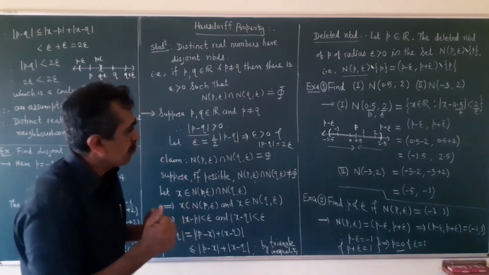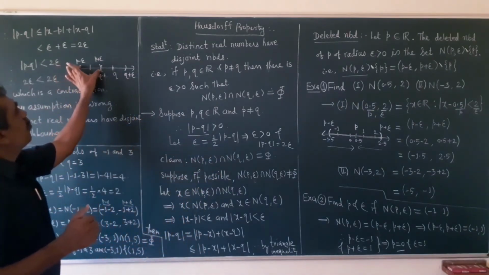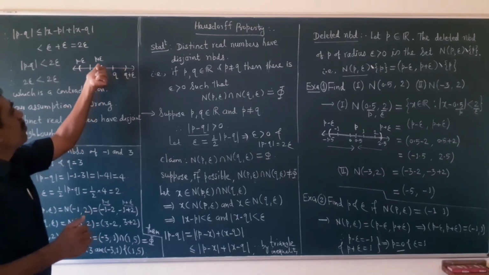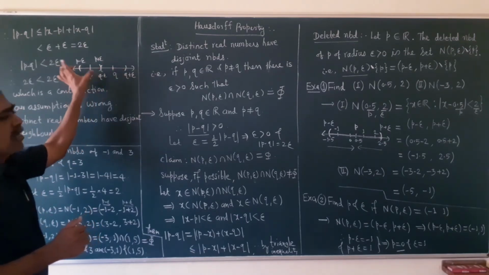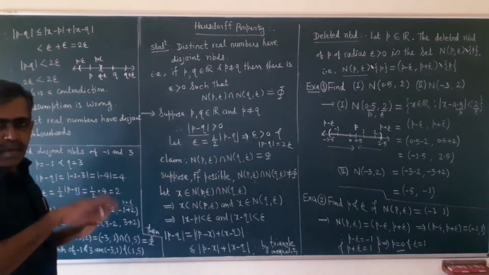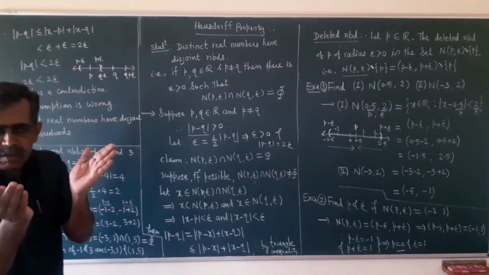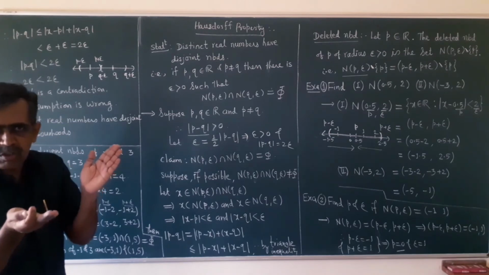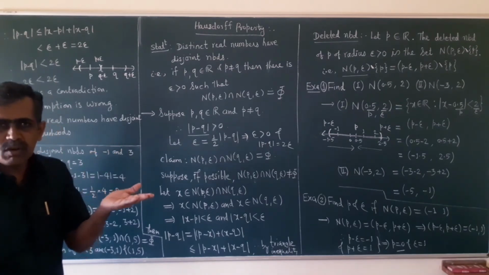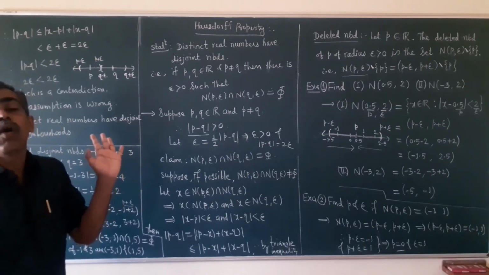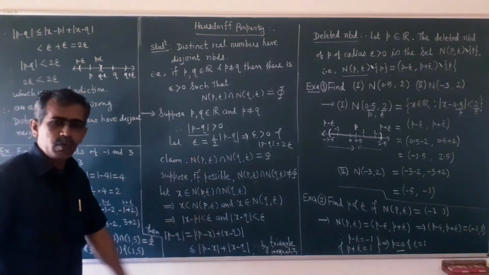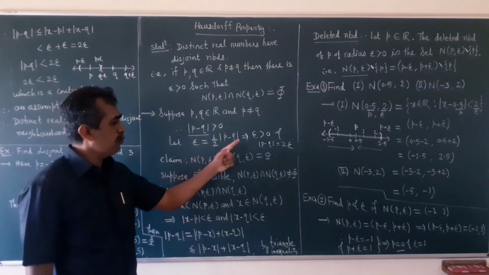So therefore, if you consider the neighborhood of P of this much radius and the neighborhood of Q of this much radius, then these neighborhoods will be the open interval (P minus epsilon, P plus epsilon) and the open interval (Q minus epsilon, Q plus epsilon). But P minus epsilon does not belong to that open interval, and Q minus epsilon does not belong to that interval. Therefore these two intervals have nothing in common, they will be disjoint. Therefore the neighborhoods of P and Q are disjoint. Now see how to prove this. So suppose epsilon is half of this.